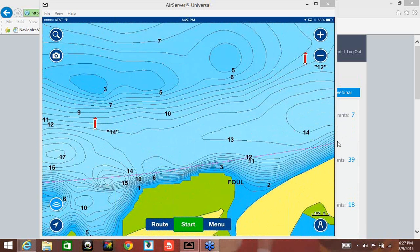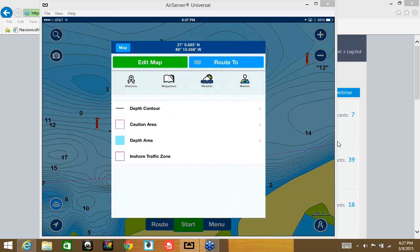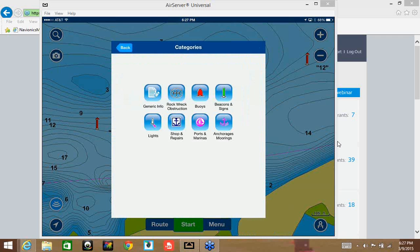Yeah, I was just going to ask, when you added a point on the map, what happens if you put edit map instead of add point? You're talking about right here? Sorry, there's a little lag. All right, so what she's asking is instead of adding just a regular push pin drop looking thing,